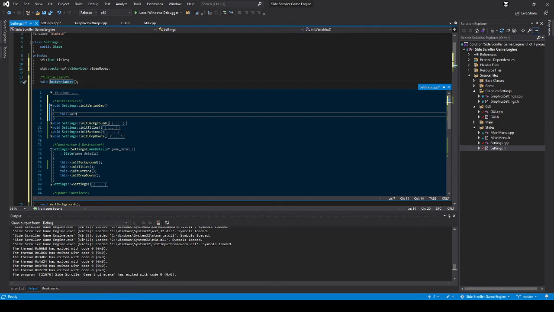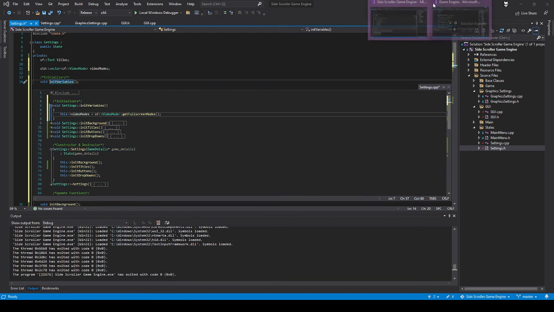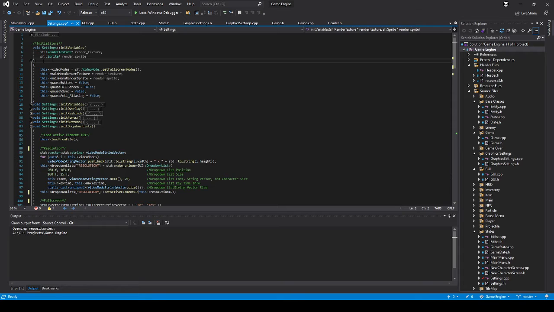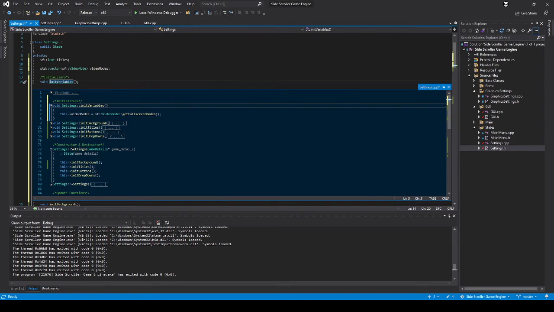This video modes will be equal to SF video mode get full screen modes. I think I have to double check this whether it's, yeah, get full screen modes. Beautiful. Okay, so this is going to return